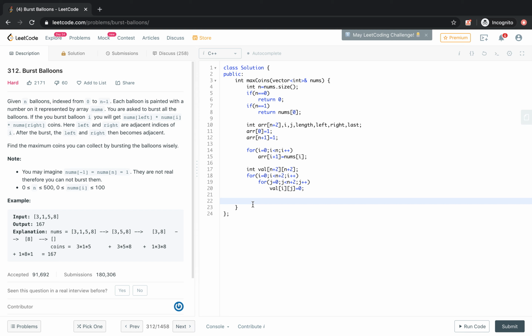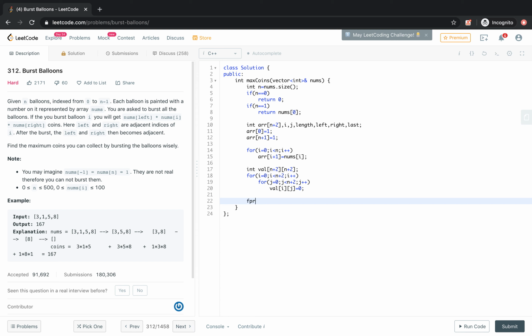Now we'll divide the main problem into various subproblems based on the length. Length 1 will be the subproblems of this one, this one, this one, and this one. Then we'll have subarrays of length 2, like 3 1, then 1 5, and then 5 8, and so on. And then there are subarrays of length 3.